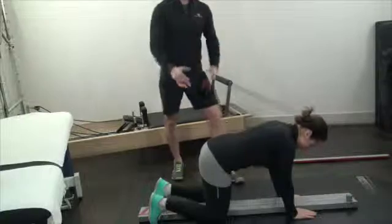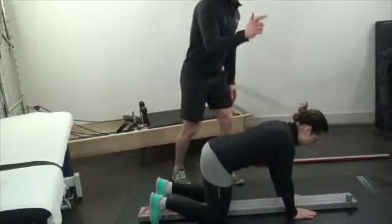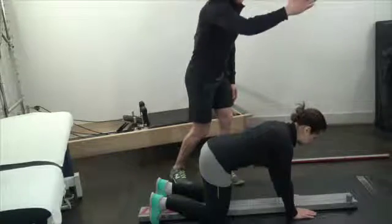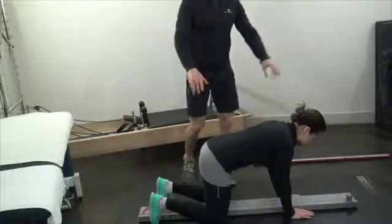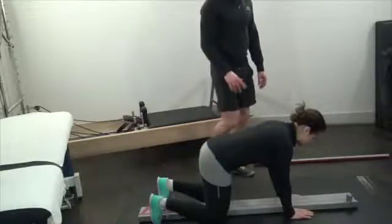Okay, so that's going to score a 2, and we're using the lead limb on the reaching arm to score it. Okay, so let's just try the other. We would do that for the other side, but just for the sake of time, that's going to be the rotary stability test there. And then the last